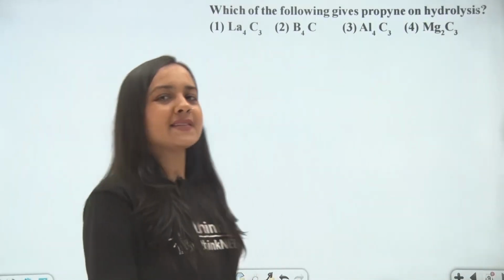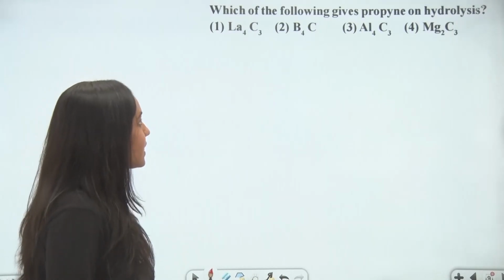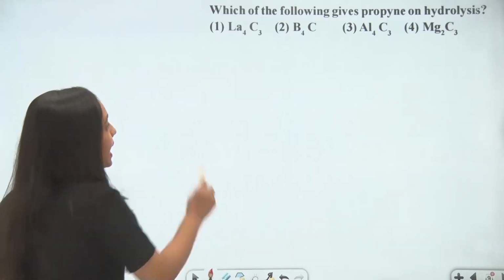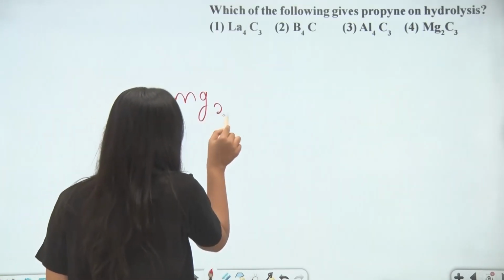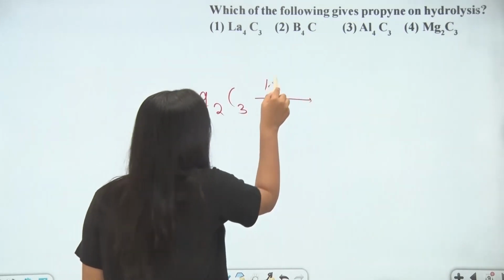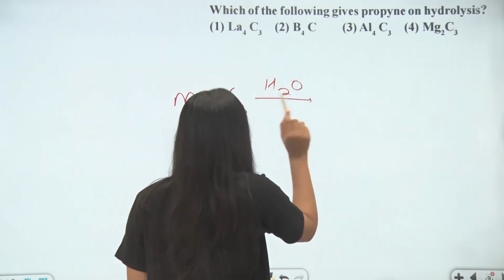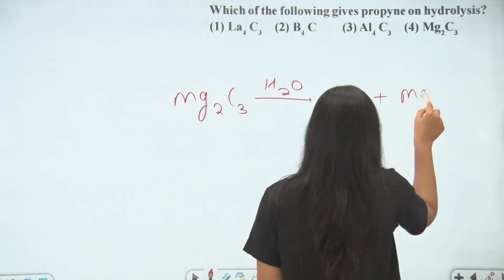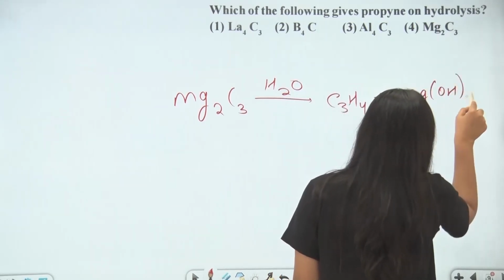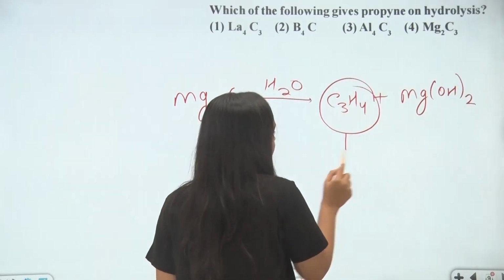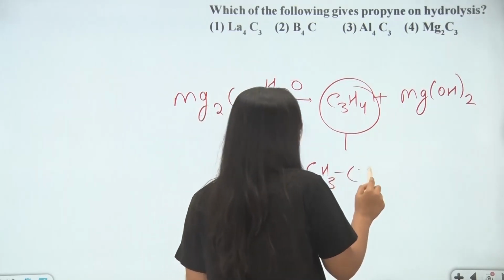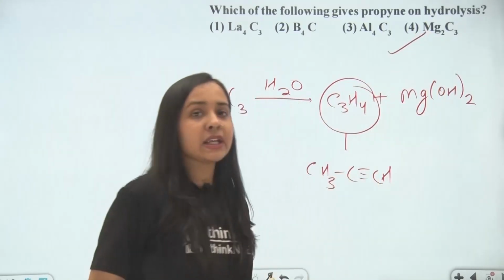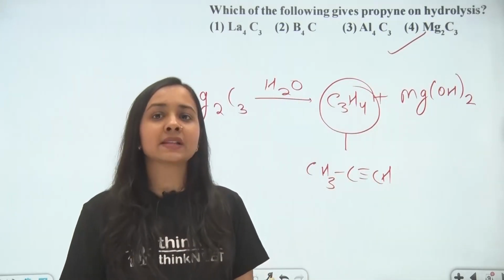Hello dear students, so our next question is, which of the following gives propyne on hydrolysis? Student, when we do hydrolysis of magnesium carbide, Mg2C3, when this compound undergoes hydrolysis, then formation of C3H4 and magnesium hydroxide will take place. And the C3H4 exists in the form of propyne. So option 4 is the correct answer, that magnesium carbide on hydrolysis gives us propyne as a product of the